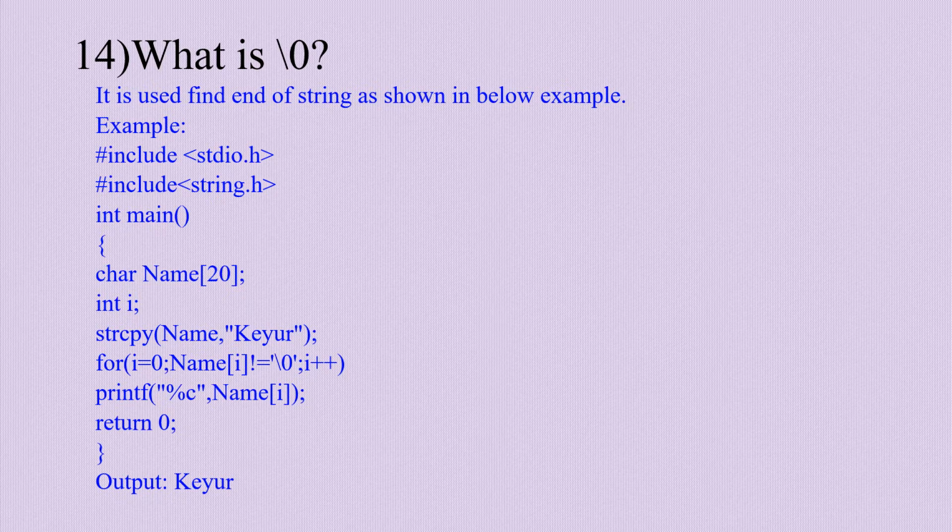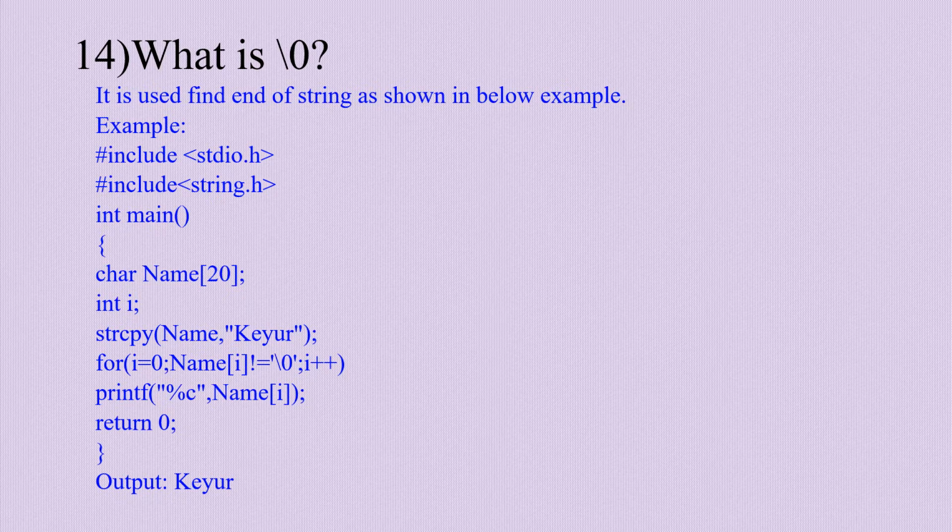So this is a simple program where there is a character array name, maximum limit is 20, and there is an integer variable i. Now what I am doing, I am using a string copy function, and I will be copying the string kur in the character array name, and one by one I will access all the characters till I reach the slash 0. I am using a for loop. First the i will be 0, because every character array, every string starts from position 0.